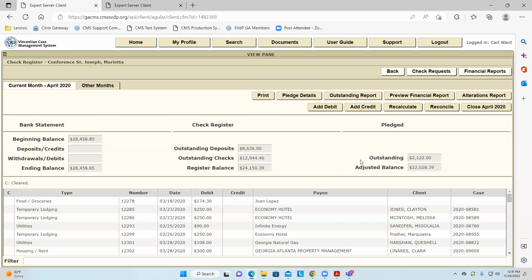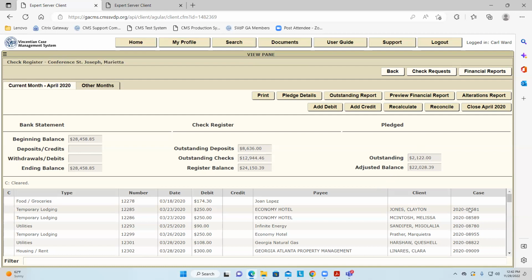So this is a great tool for a treasurer. You get some bad reviews from the caseworker because of it, because it is an extra step of turning a pledge into a check request. Okay, so that's this column here.